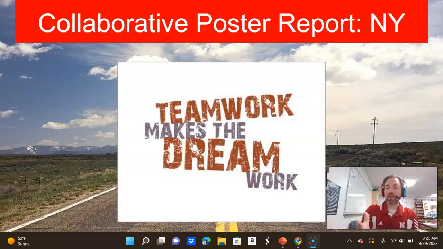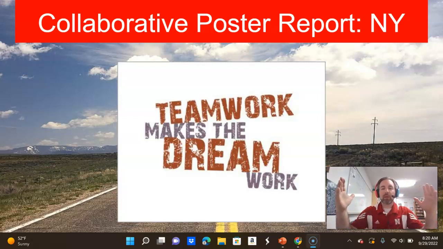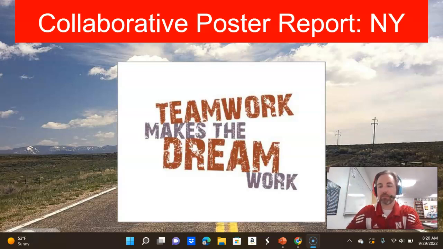And I'm going to let those that are going to be the collaborative poster people, how about you guys take ownership of this here? Remember, there are 2 separate groups. There might be some similar information, but make sure when you are finished with those posters that I will get them pinned up to the wall for tomorrow. So collaborative poster people, it is your turn. Teacher, please do pause the video at this time.